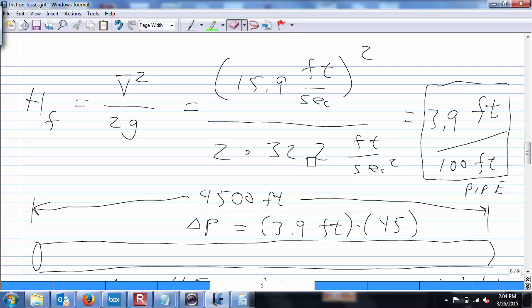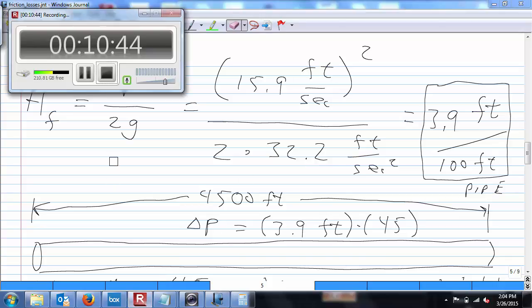I'm not getting that decimal. I don't understand where you're getting the decimal, because you're not multiplying anything by 100 feet. You're not multiplying by 45, you're dividing. Yeah, you're multiplying it by